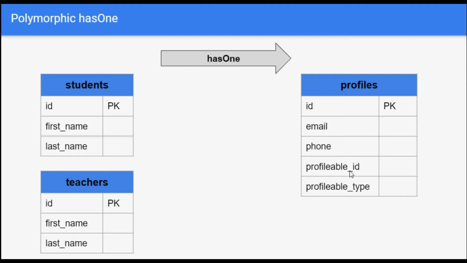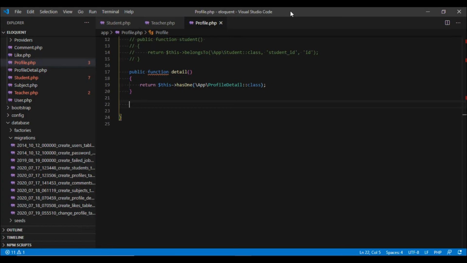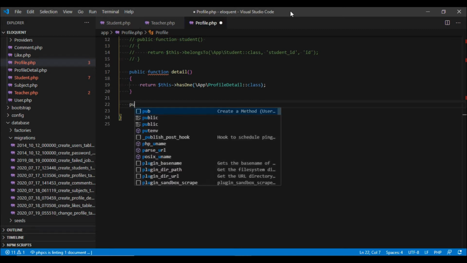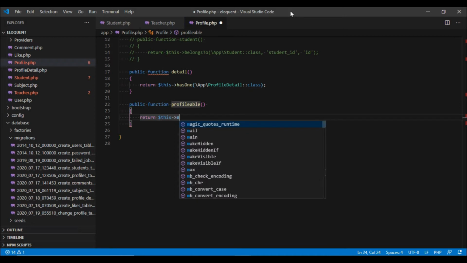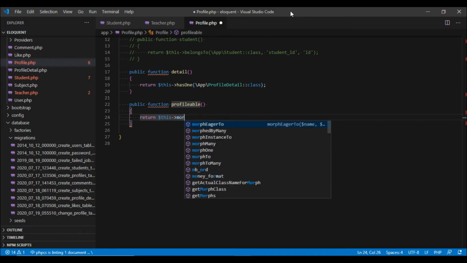Let's define this relationship in the Laravel models. First of all, we will go to our profile model, and here we will tell Laravel that this profile table is going to store polymorphic data. We can do so by defining a function called profilable, and this will return a method which would be morphTo.